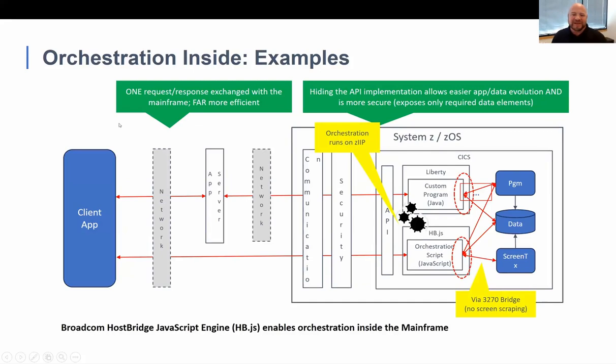Within CICS, it fires off a program and it gets control. And here it issues JCICS calls to execute the necessary CICS programs, aggregate the data, massage it, strip it, and then boom, send it out. There are products that do these things. Here I mentioned Liberty. HBJS is shown here, using JavaScript to describe that orchestration. But I want to stress it's not about the product itself. The point I'm trying to make here is that we do it on the mainframe. However you do it, orchestration on platform.